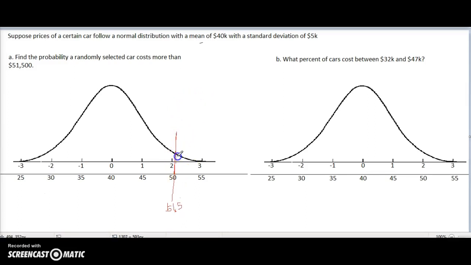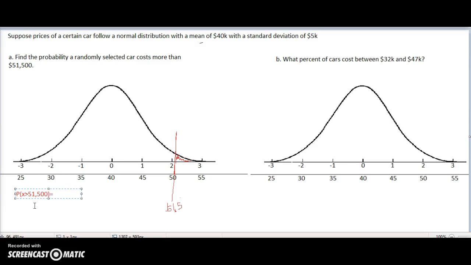And let's shade to the right because we're looking at finding the probability that it costs more than. Okay, so to find the probability that x is greater than 51,500,